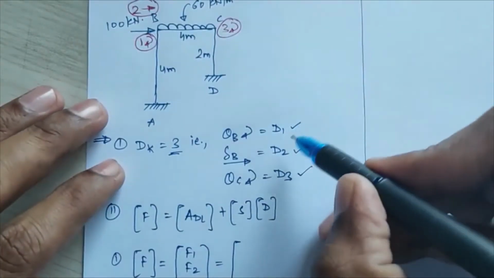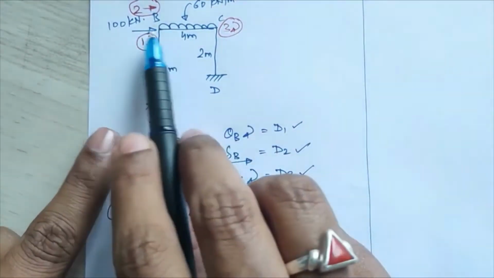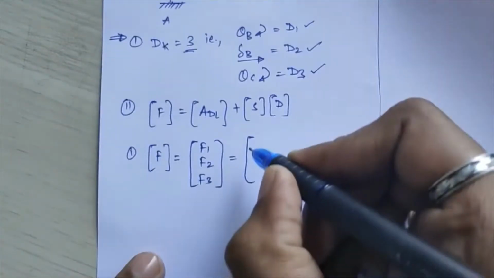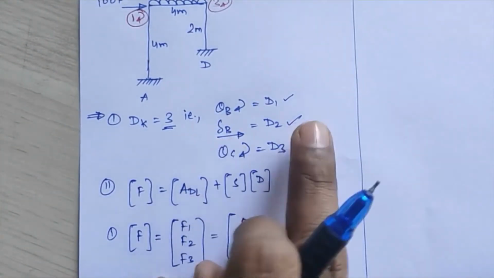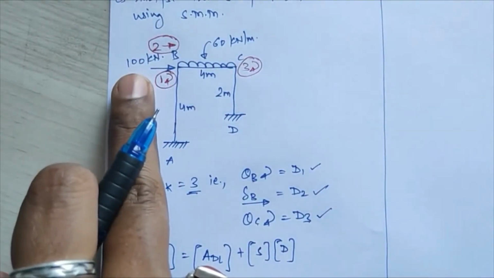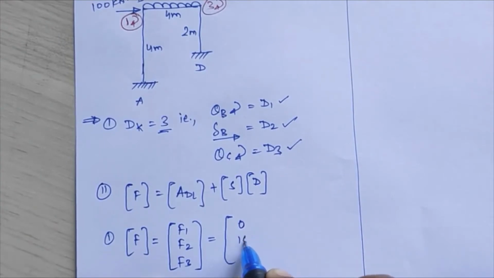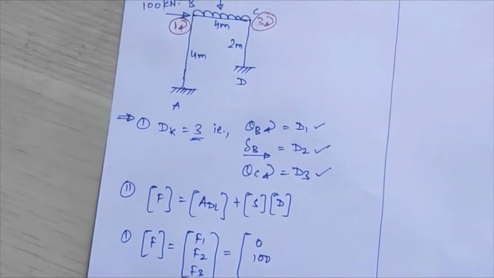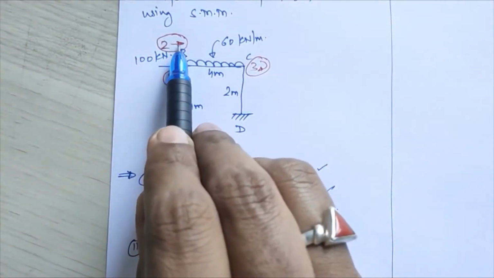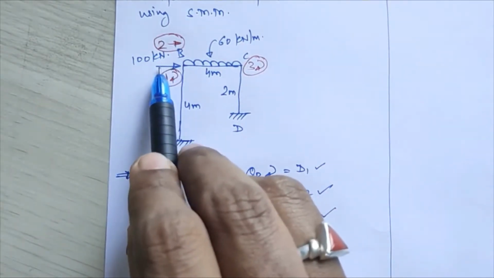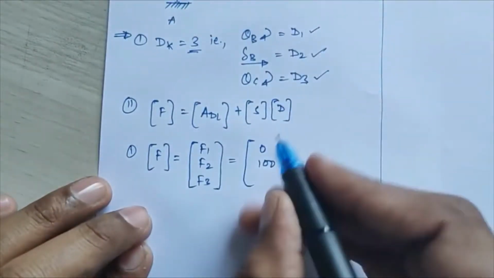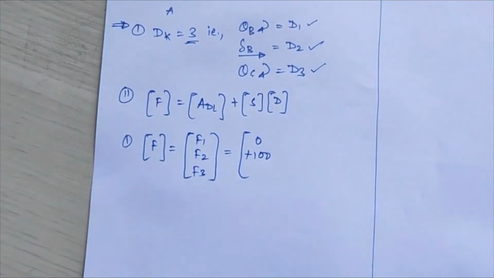So we'll see that. At your first coordinate, is there any moment acting here? No, it is not acting, so here your F1 value will become 0. Next, for d2 you have to check whether any corresponding force is acting or not. Yes, it is acting, a load of 100 kilonewton, so that you will be noting as your F2 value. Now about the sign of this 100, if you see whatever direction you have assumed towards the right and the actual acting direction of this 100, both are the same, so this 100 will be treated as positive. If your direction is opposite to your assumed direction, then that will be negative 100.